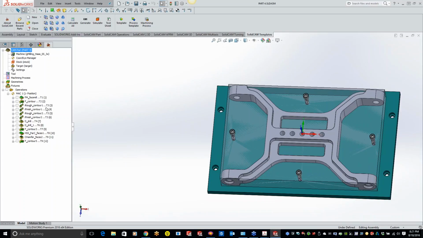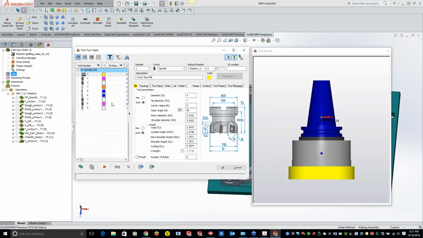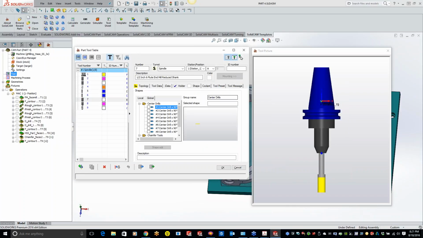All right, so I know this part is done in inch, so let's take a look at our tools here. Sorry Ronnie, I apologize, I don't have any STL tools in here at the moment. What we could do is just do an offline session with your STL tool. Kevin, I was going to suggest maybe we could do a one-on-one with Ronnie and walk him through that.